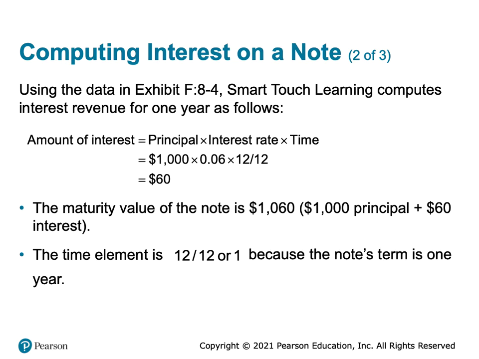So if it was a full year, then you can see this example where we're saying $1,000 principal times 6% interest times 1, or 12 out of 12, gives us a $60 total interest. So we could then calculate the maturity value of this note by saying $1,000 principal plus $60 interest must be returned to us for a total value of $1,060. However,